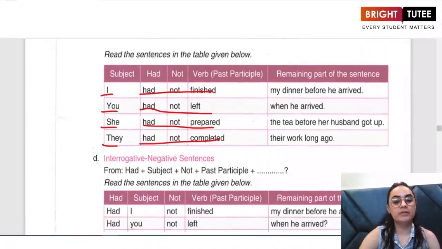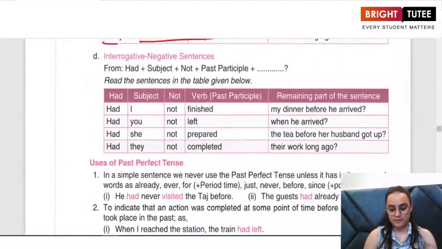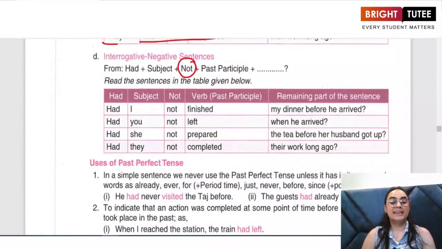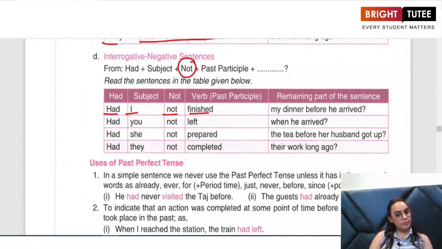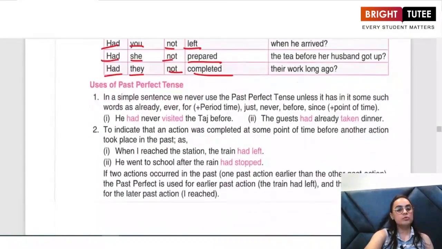And when we talk about the interrogative negative sentences, again, we simply have to add not. In addition to the structure that we've learned for the interrogative sentences, we simply add not. For example, had I not finished my dinner before he arrived? Had you not left when he arrived? Had she not prepared the tea before her husband got up? Had they not completed their work? So these were the structures of the sentences, and now we move on to the usage of the past